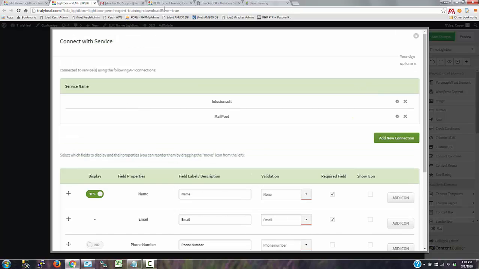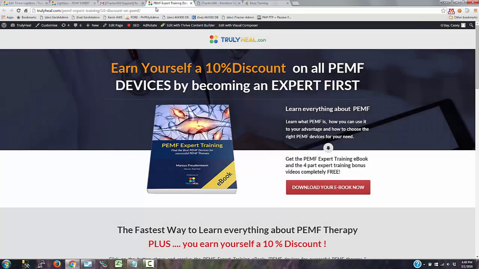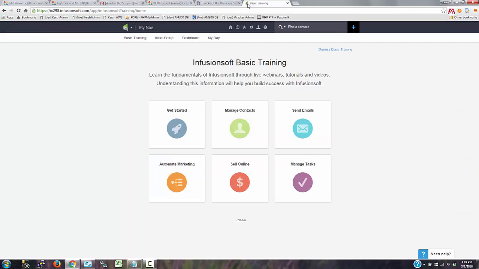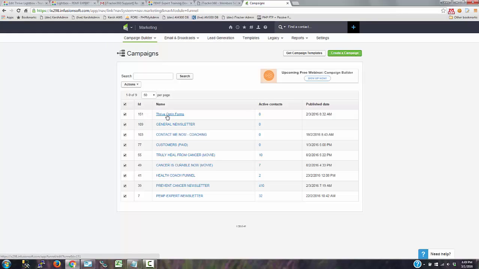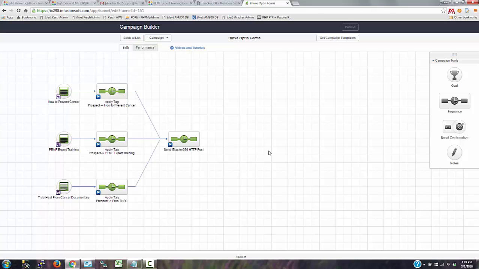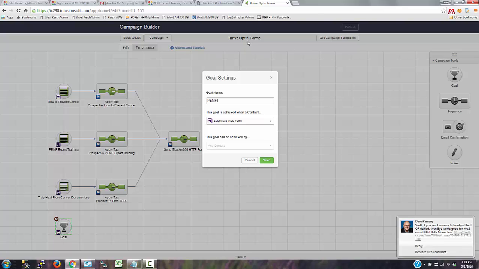And so this form only has name and email, so that's what I'm going to create inside Infusionsoft, a form with name and email. And so what I've done for this client is inside the campaigns I have a Thrive opt-in forms. Now they have several opt-in forms, and so I'm just putting all the opt-in forms in this campaign. So I'm going to create a new one called, what was that called? PEMF Expert Training. So I'm going to create this,